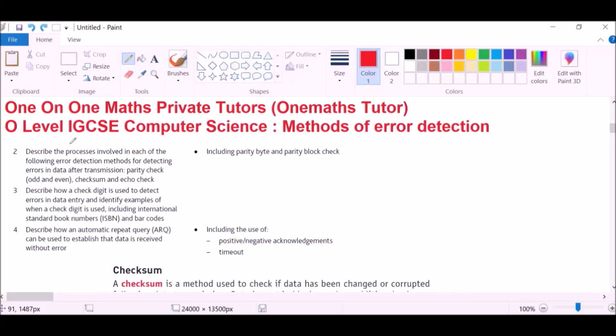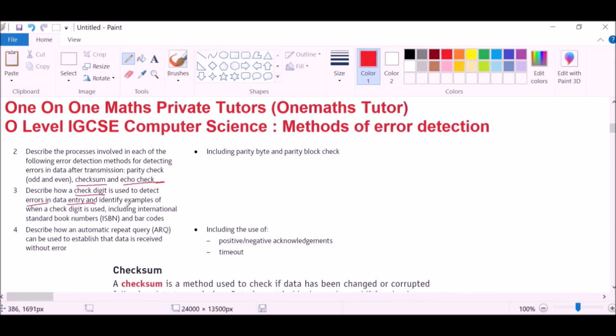Today we are looking at O-Level and IGCSE Computer Science. We continue with the topic Methods of Error Detection. Today we are going to look at checksum and echo-check and describe how check digit is used to detect errors